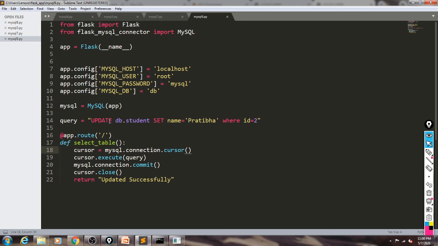If we want to increment the salary of only some employees, suppose the employees who are in the department of computer, how can we do it? We can write a query like this: update db.employee set salary is equal to salary plus 500, where department is equal to computer.